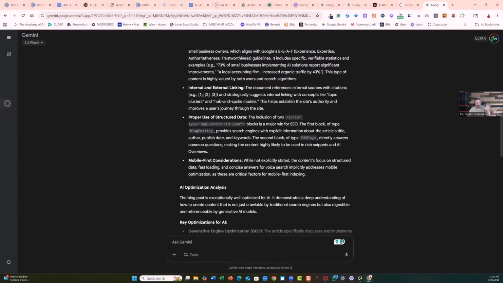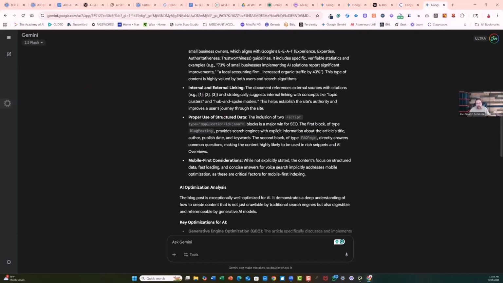And so it has that internal and external link in the document, references external sources with citations. I make it do citations. I make it give really good external links out. Google likes when you're linking out to further the education of the person reading your blog post, because Google then sees you as somebody that's not trying to just keep them on your site. You're really trying to help that person understand the topic really well. So it's important to have really good external links, even to Wikipedia and those types of things, okay?